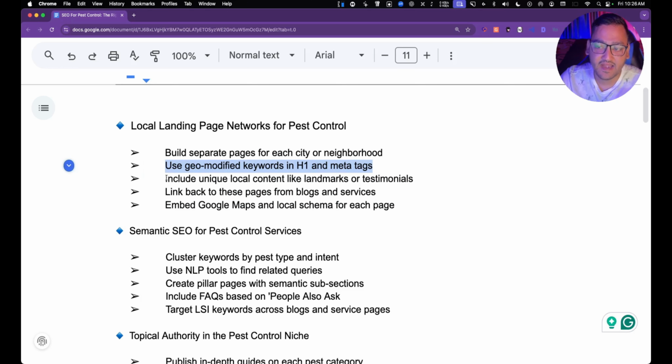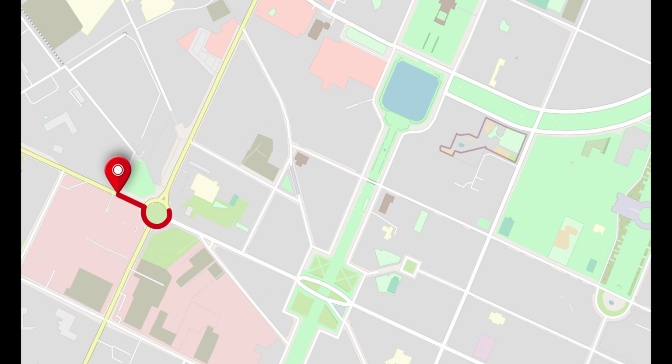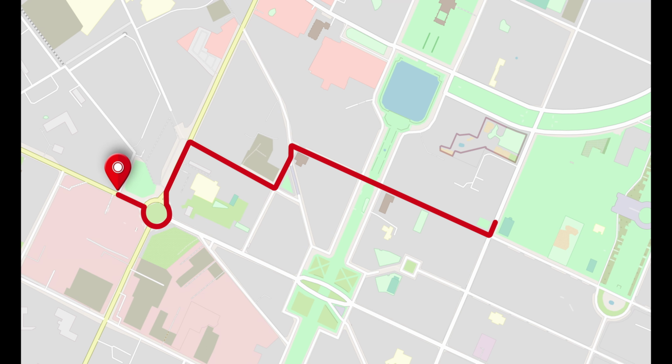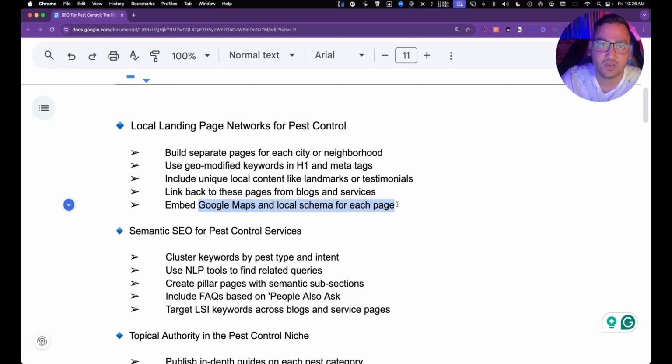Each of your landing pages should incorporate local content. Basically, you can add more content about the landmarks, which are also points of interest. And if you are optimizing for a specific area, try to add some reviews, if you have them, from that area specifically. That will boost the relevancy of that particular location. You should also create blog posts around that area, about the neighborhood or a landmark, and incorporate geographical data like your Google Maps, and you can also add the local schema